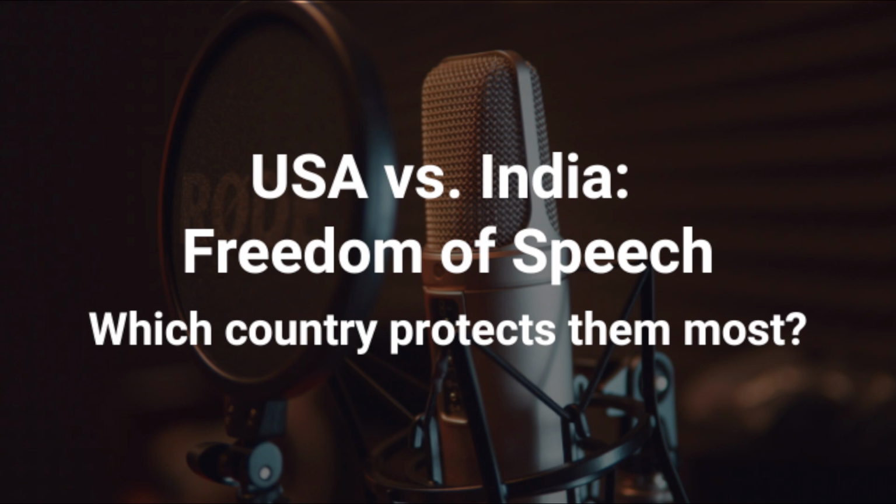Indeed. Article 19(2) lays out a number of grounds on which the Indian government can impose reasonable restrictions on the freedom of speech and expression. These include considerations related to the sovereignty and integrity of India, the security of the state, friendly relations with foreign states, public order, decency or morality, contempt of court, defamation, or incitement to an offense.